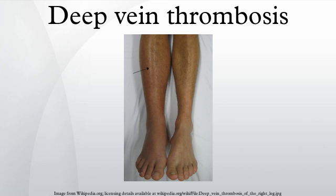Post-thrombotic syndrome, another complication, significantly contributes to the healthcare cost of DVT. Prevention options for at-risk individuals include early and frequent walking, calf exercises, anticoagulants, aspirin, graduated compression stockings, and intermittent pneumatic compression. In 1856, German pathologist Rudolf Virchow postulated the interplay of three processes resulting in venous thrombosis, now known as